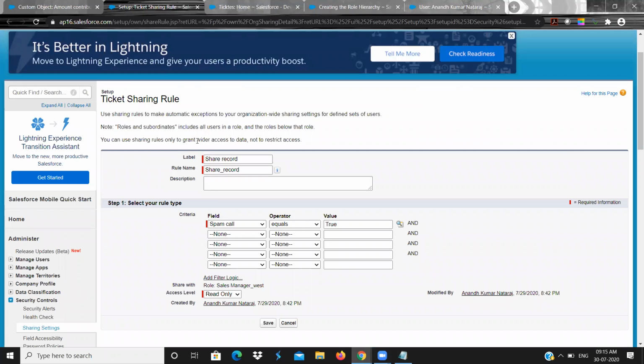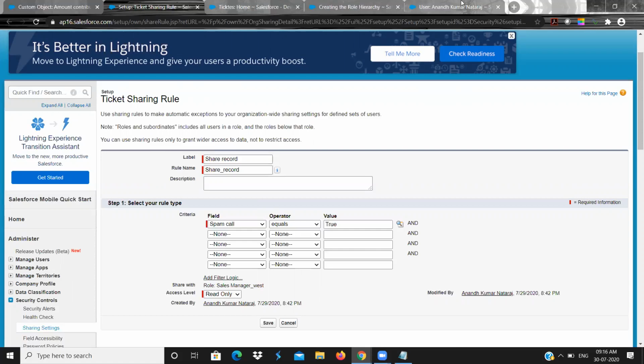So wider access. Sharing settings are only to grant wider access to the data, not to restrict access. That is one important thing that you should know. Providing wider access means you are giving access to see the records to some other sales representative who is not even the owner, who does not even belong to that particular record. So I am widening the access to the data. Using this sharing setting, you cannot restrict any access. Okay, clear? In interviews they will ask. That is a very important thing.